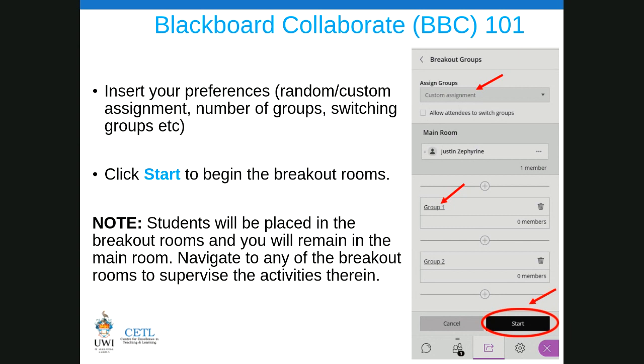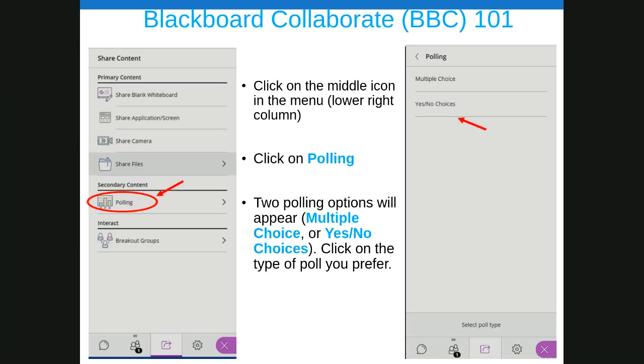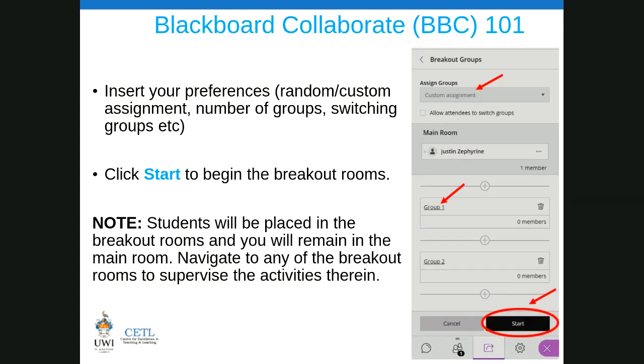Now, guys, if you want a customized assignment, I think that's when you really need an assistant or a colleague to do it with you, because you don't want to stop and take 10 minutes to prepare your groups while the class time is going. So you can leave it as randomly assigned for now. You can tick include moderators in group assignment, please, Charlene.